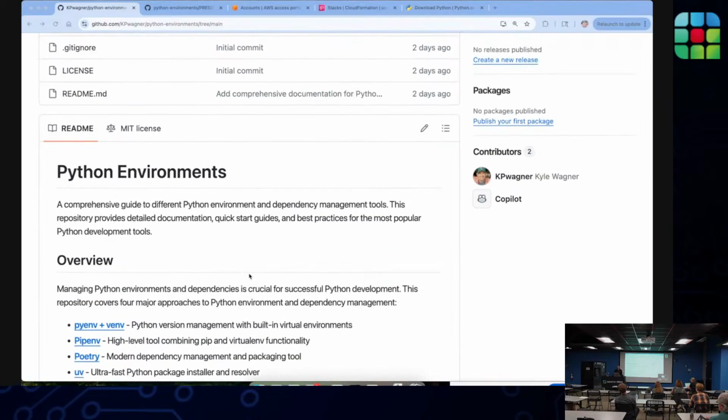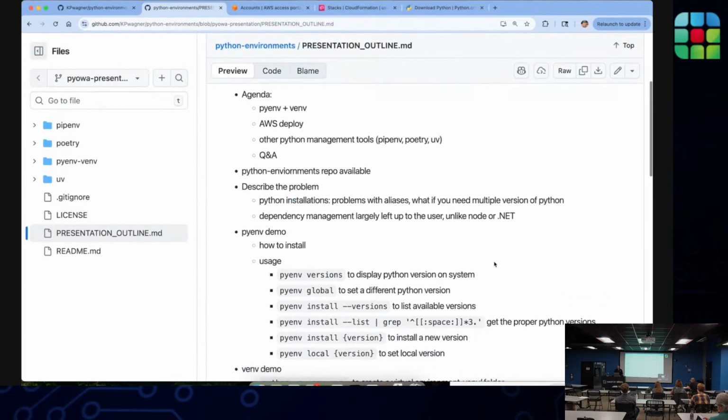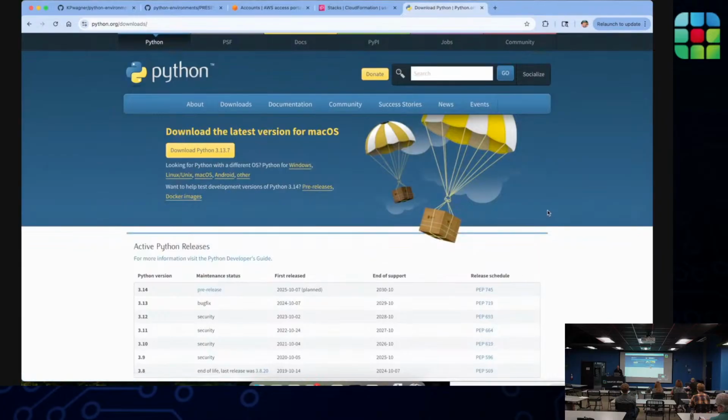All right, so what is the problem with Python that people commonly face? When you first need to get Python on your system, maybe it's already installed, maybe it's a version that you don't want.